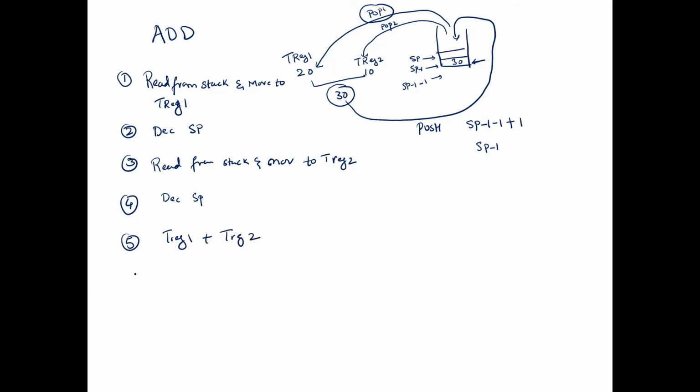And after forming the result, that is equal to the summation. Now this summation result will be put where? It will be put onto the stack, it is going to write onto the stack. So how is it going to write onto the stack? First, it will increment the value of SP, right? So I will write here first, on the 6th step, it is going to increment the value of SP, and during the 7th step, it is going to write into the stack memory. That is the push operation.